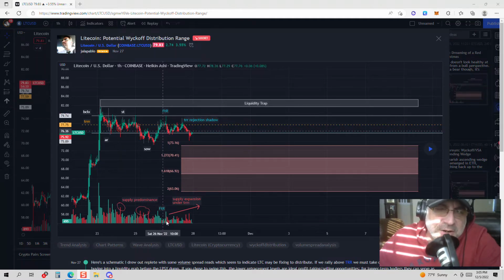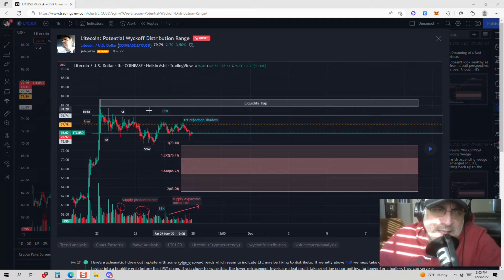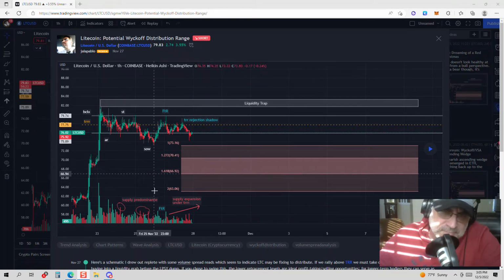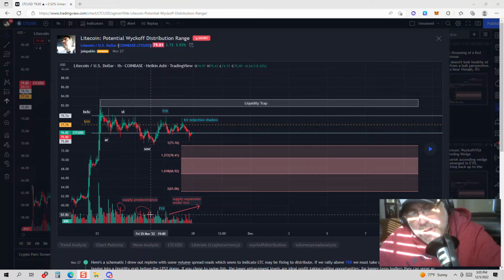And in here, it was a failure to rally. We couldn't go past it. Demand couldn't penetrate it and rally past the barrier of the secondary test that had formed a few days ago. Also, if you look at these demand spikes, they're not really impressive. The supply bars that preceded them were much stronger